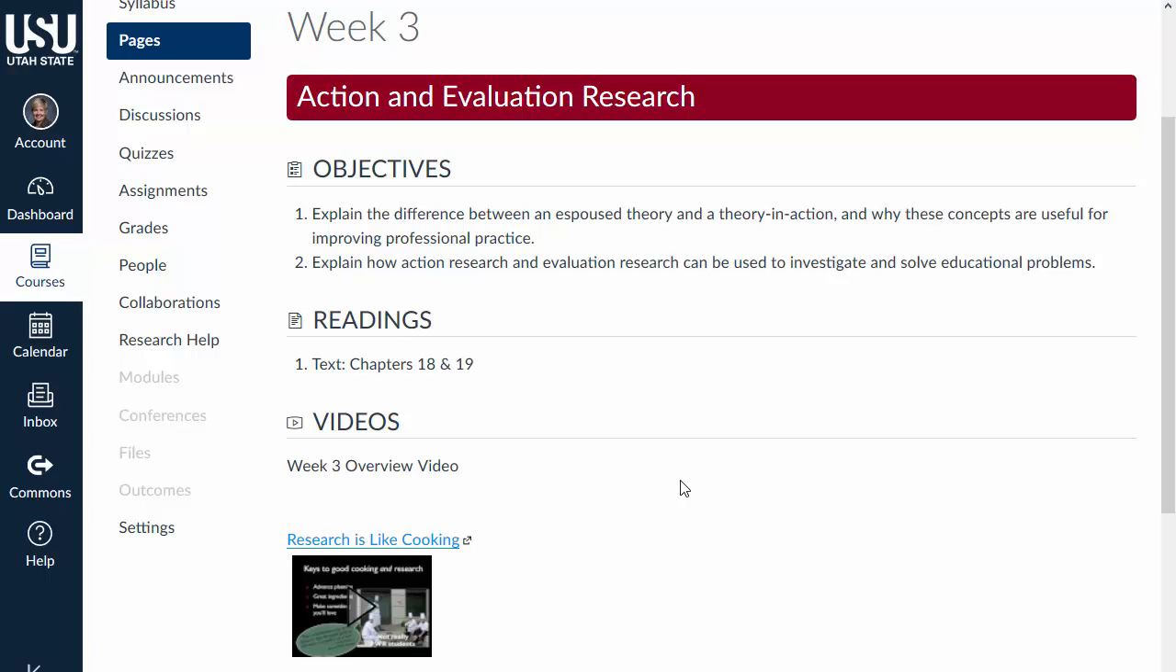This week we skip ahead in your text to chapters 18 and 19. Chapter 18 on action research and chapter 19 evaluation research. And I skip ahead for two reasons. Reason number one is that action research and evaluation research are very typical types of research that you see inside